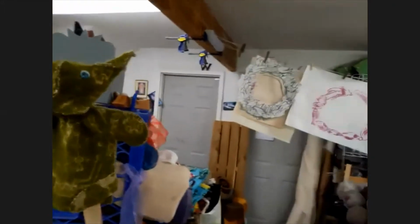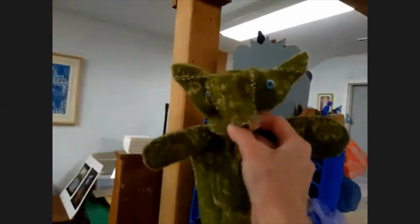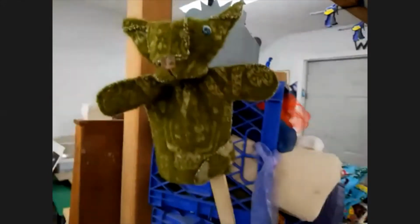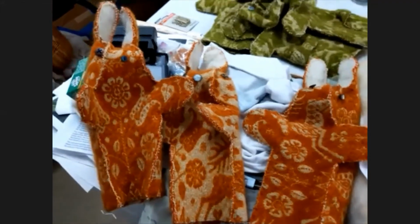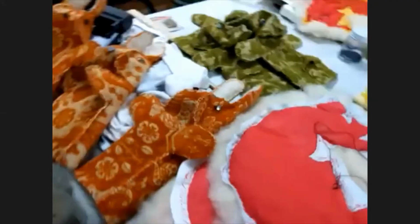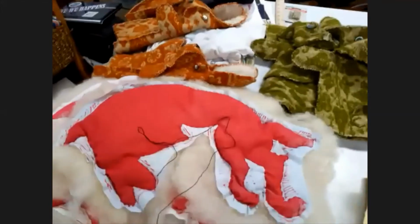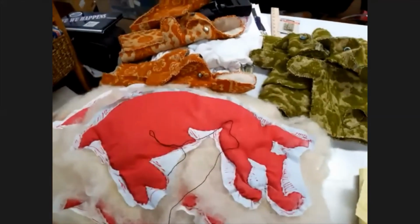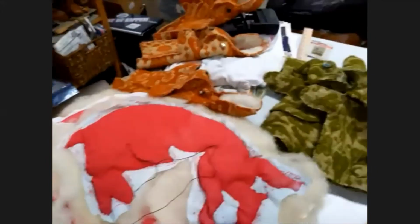So this is one of those puppets, one of the wild things, and he's going to be the host of the puppet show. And I think there's probably going to be some rabbits in the puppet show. And then these sort of stitched coyotes, which are part of a whole series of projects. So these coyotes,